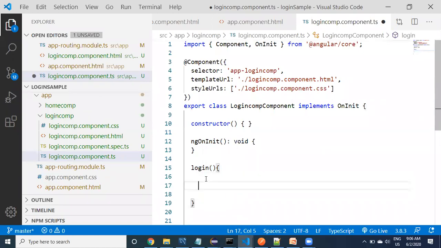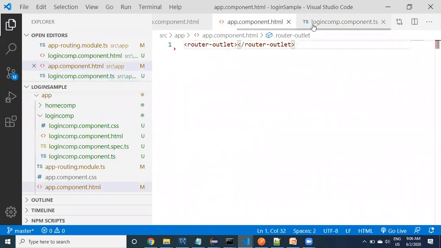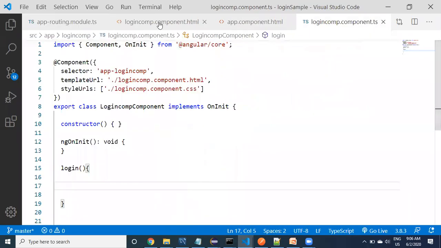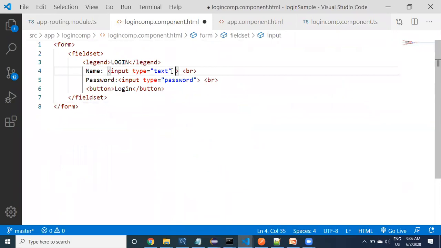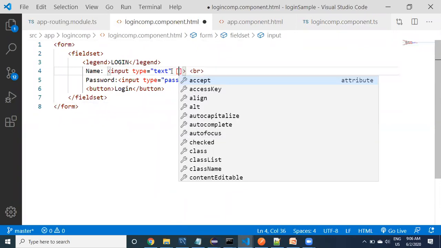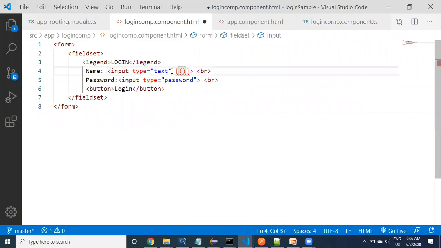So of course for that we are going to read the username and password, right? Simply what I will do is, here I just want to take two-way binding, that's it. How is two-way binding implemented? Banana in a box, right? So this is name. You can take the property name. The property is not available.